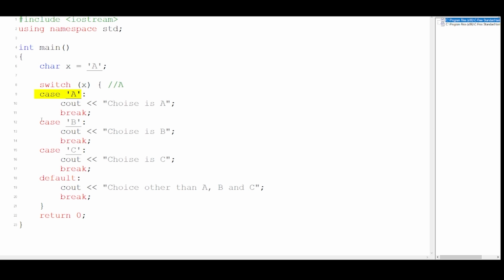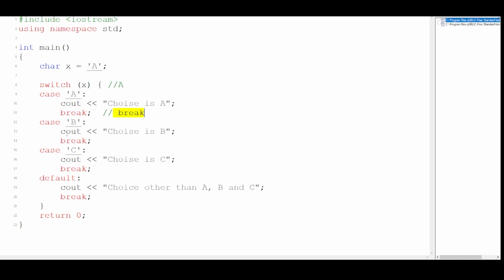Now it will check every single case to see if capital A is present in any of the cases. As you can see, it is present in the very first case, so it will come inside it and it will print choice is A. And then we have a word called break statement. What break means is simply that it will break out of this case and then the entire program will stop. That means if this case has been found, we don't want it to move forward. Because let's say if A has been found over here, I don't want it to check the other cases. So I want to break over here and the program will stop here. So it's very simple. It just evaluates the case. If that case is present over there, then it will go inside it and print it.